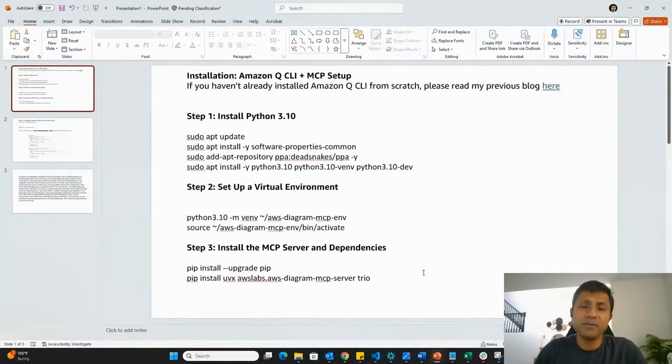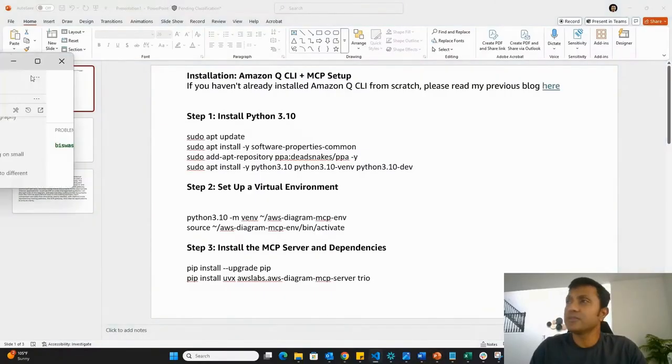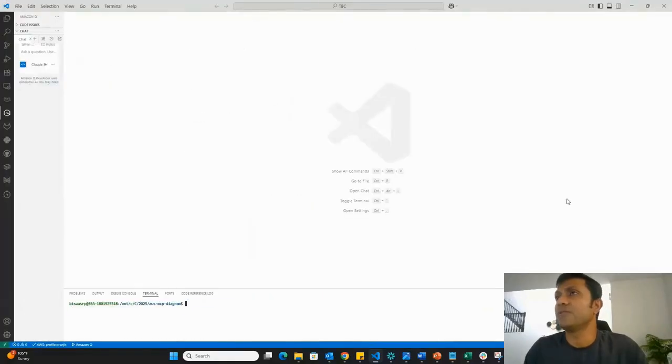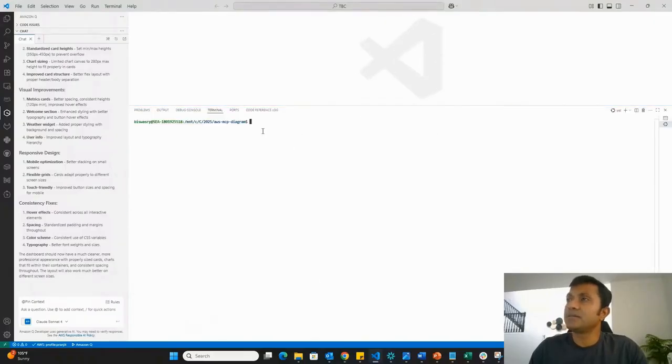And all you need to do is, if you're comfortable with the command prompt, well and good, or PowerShell in Windows. But mostly the developer community uses some kind of IDE, or integrated development environment. For me, I use Visual Studio Code. So if you see over here, this is my Visual Studio Code that I typically use for development and testing purposes. Now, within that, I have my terminal open over here,